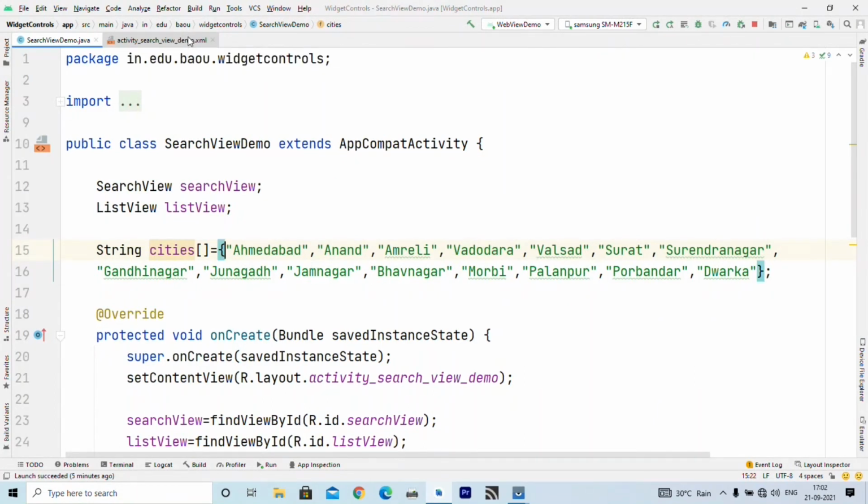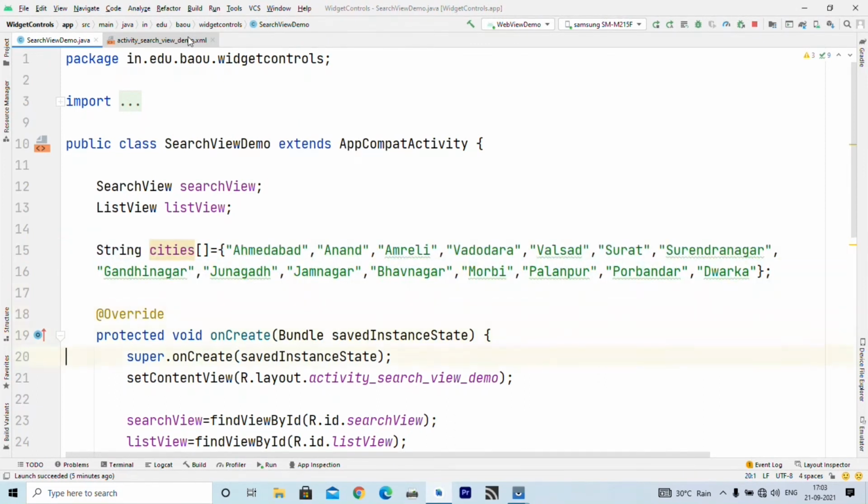So here I write down first city in double inverted comma, then comma, second city, comma, and in double inverted comma you have to write down every single string. So this is how we can declare and initialize string array. So city 0 refers to first city, city 1 refers to second city, and so on. So index starts from 0, remember. So this is a string array, right?